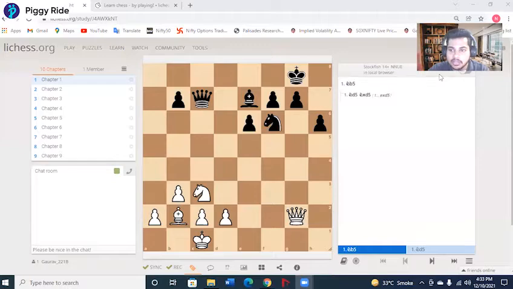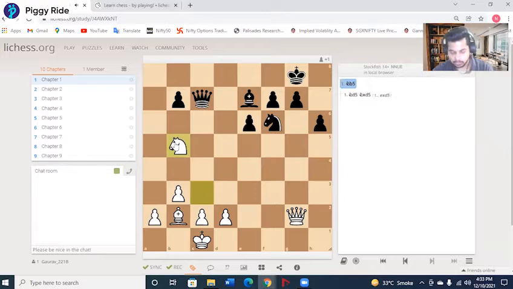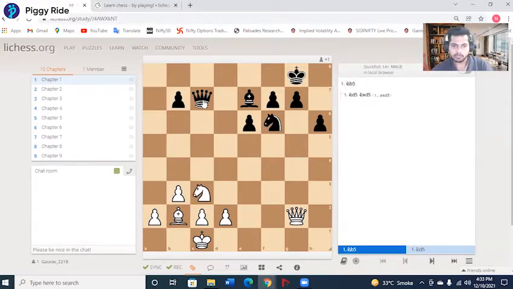All right. So we had already solved this, I'm sure, and the answer was to attack the queen. How? By moving our knight to b5. Very simple. Why attack the queen? Because the rest of the pieces were quite protected. And it was also easier to attack the queen in one move.